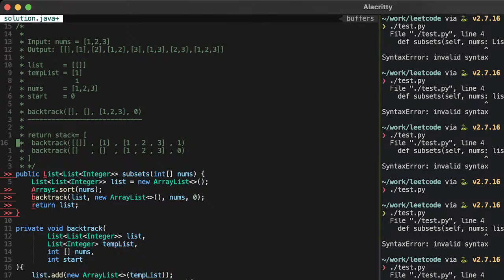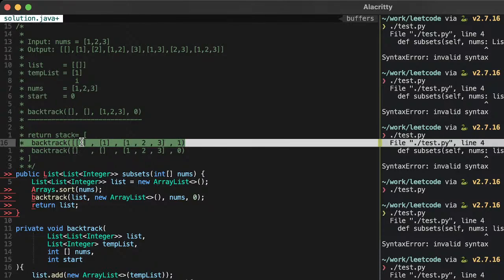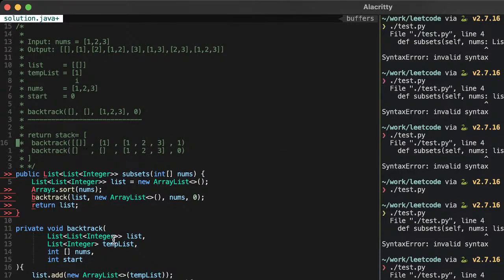And we have not gotten to this part yet. Okay, so now we're going here. And man, this is super confusing. The recursive part is throwing me off, and I'm not sure how Java does scope. Like if we change temp list within one of these calls to backtrack, does it affect the original one?